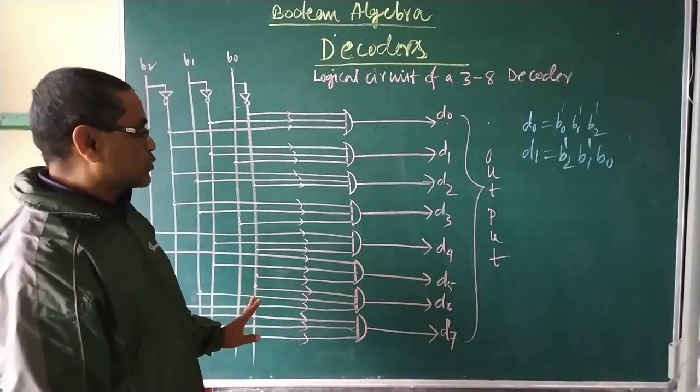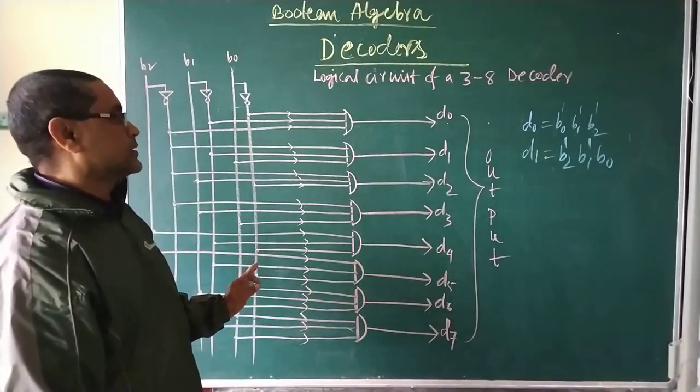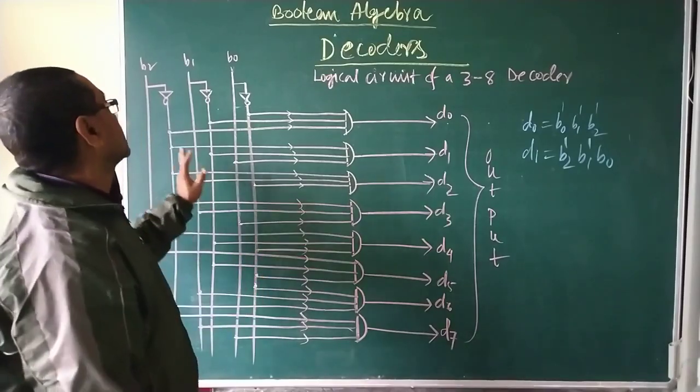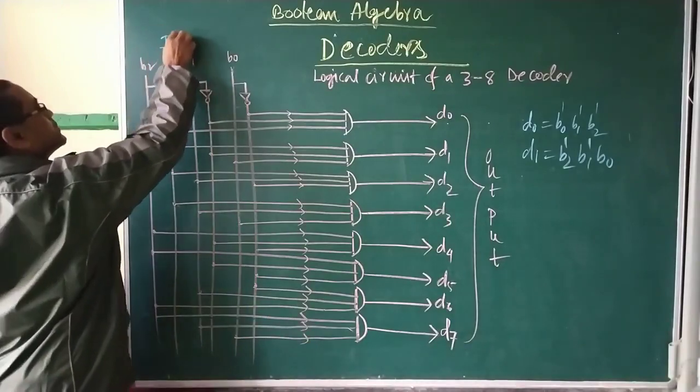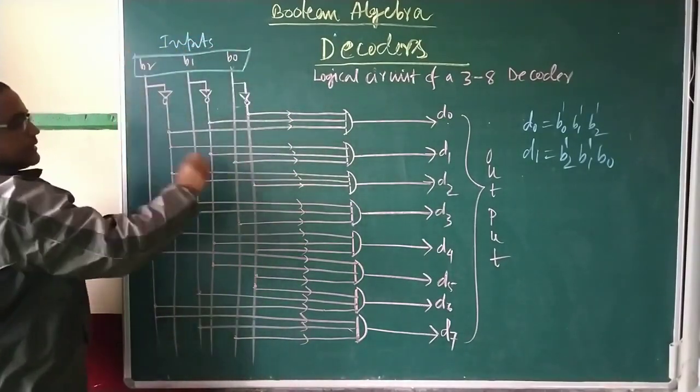So this much only you have to draw, but remember this, no freehand drawing. You have to use a scale and pencil. Pencil and scale is a must, and then only you will get the whole marks. And these are the inputs. Here from this side is the input. You can make it like this, inputs, and that is the output.